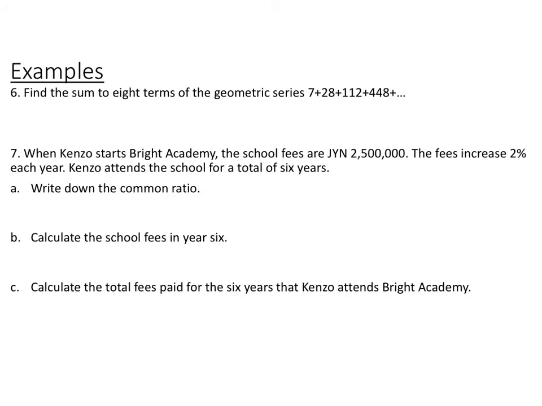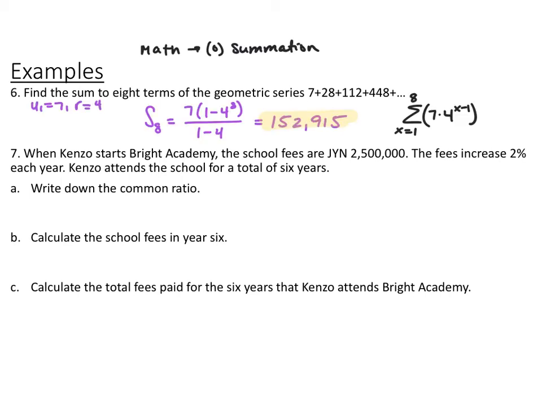So then for this first example, find the sum to 8 terms of the geometric series 7 plus 28 plus 112 plus so on and so forth. If you do this by hand, your first term is 7 and your common ratio is 4. So you have the sum of the first 8 terms is equal to 7, the first term, times 1 minus the common ratio of 4 to the nth power, which is 8, divided by 1 minus 4. You end up with